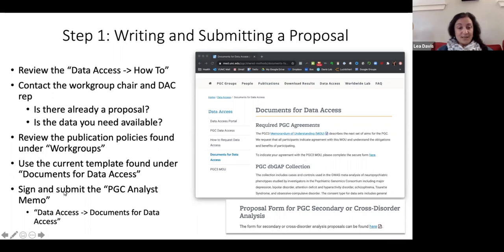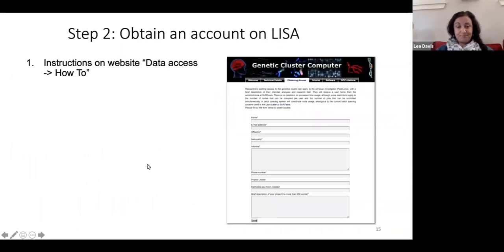You'll also sign and submit the PGC Analyst Memo. And again, this can be found under the documents for data access, and an update to this is that now, instead of having to submit or email a signed hard copy, you can just sign the form electronically via the website. So the next thing you'll do is get an